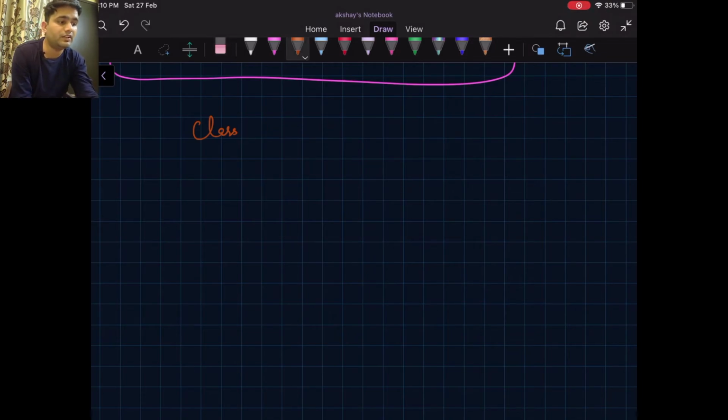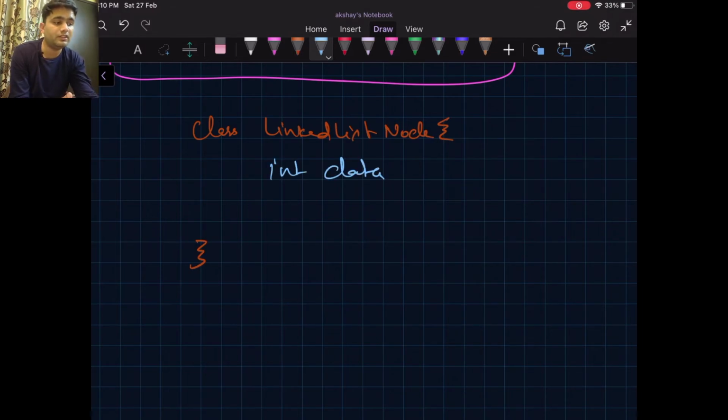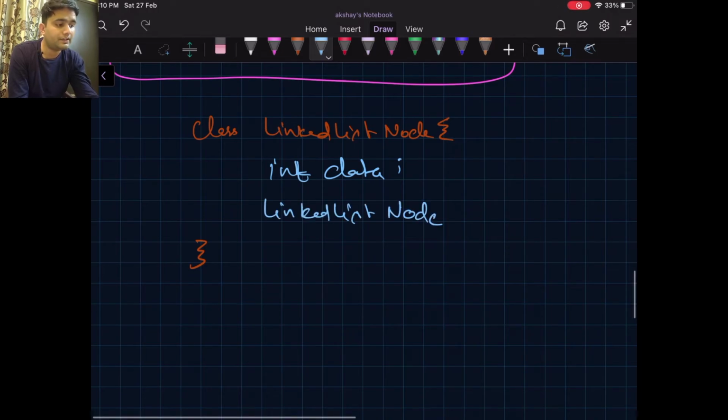Okay, so we have a class linked list node. This linked list node must contain a data. For simplicity, we are considering that to be an int, and it contains a linked list node next.